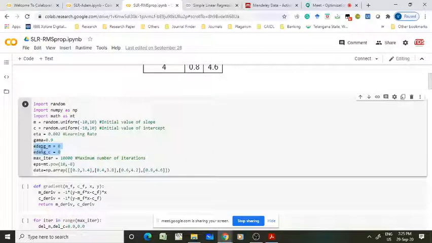What will these two variables represent? These two variables represent the exponential decaying average of squared gradients with respect to the model parameter m, initialized to 0. We called it capital E m squared there, that is what it is here. Similarly, the exponential decaying average of squared gradient with respect to the model parameter c, that is capital E c superscript 2, is 0. We have to initialize these with zeros.